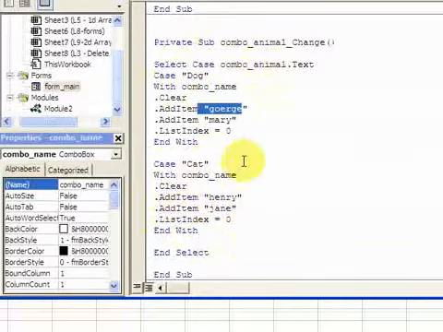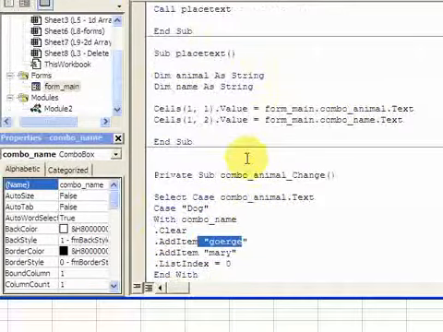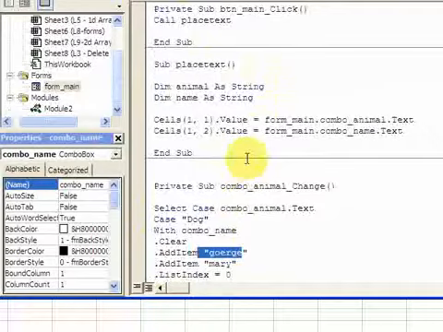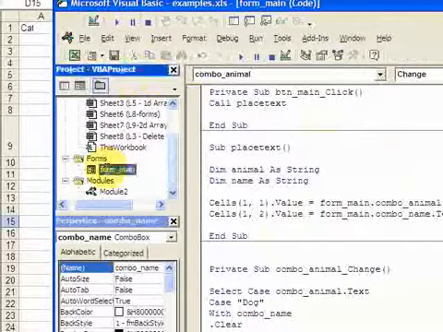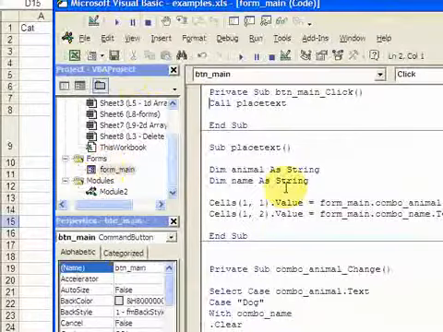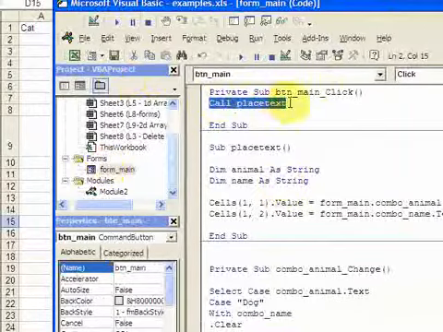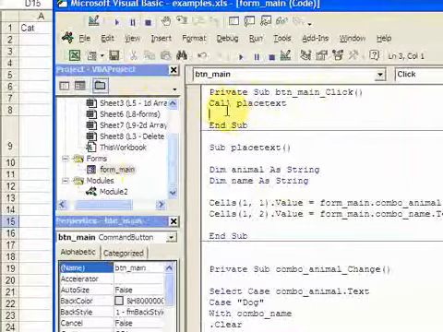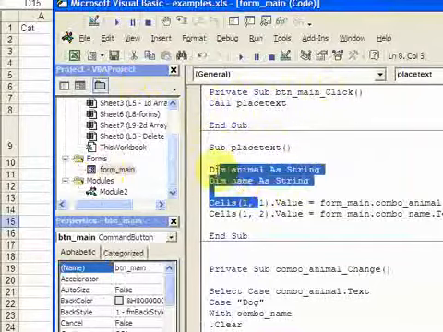Okay, so now we handled the change of the combo box, and we want to put some code behind for the button click. So if you go to the form and you were to double click this button, it would have created a blank sub without this call place text. It would have created a blank sub. But I did that, I double clicked it, it created a blank sub, and then I put call place text. And what this call does, it's going to call a subroutine, and the name of my subroutine is place text, and here it is, place text. So it calls this, and what this does